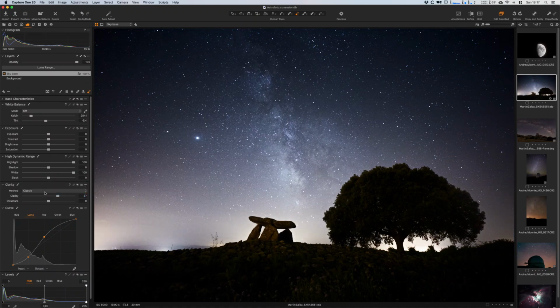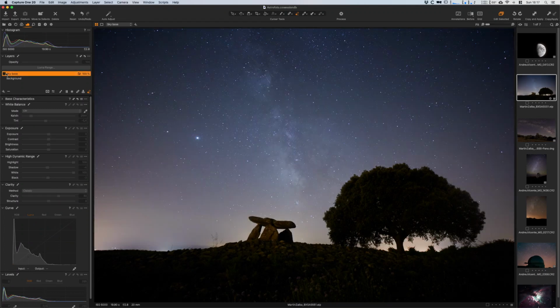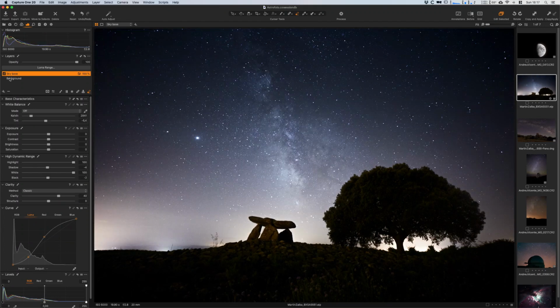This is not very used for many purposes, but for this kind of images where halos are a problem, we can use the classic method and it normally works very, very well. We can maybe also decrease a bit of the shadows and maybe even the blacks, just a tad. And we have a much better base to work with here. Let's see the before and after of the layer. This is the before, this is the after, and you can see that only in one layer we completely transform